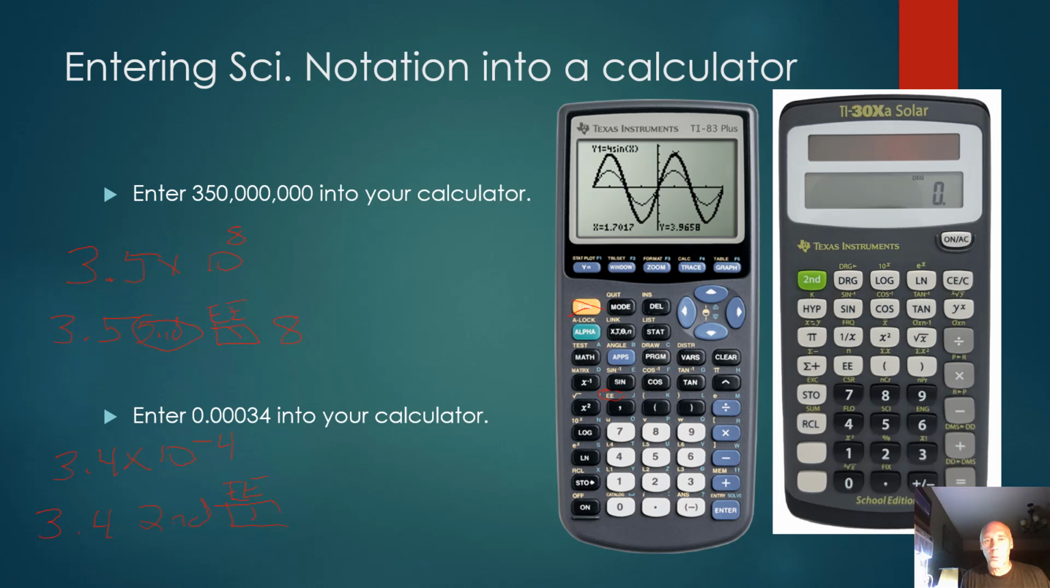Now put in -4. Don't hit the minus key. Nope, that's not the right one. This is your negative key. So you want to go to that, -4. Sometimes you have to hit 4 and then the negative key, depending on the order of operation of your